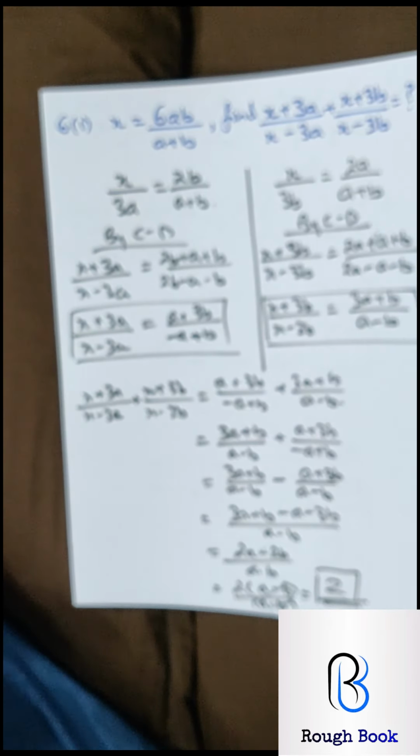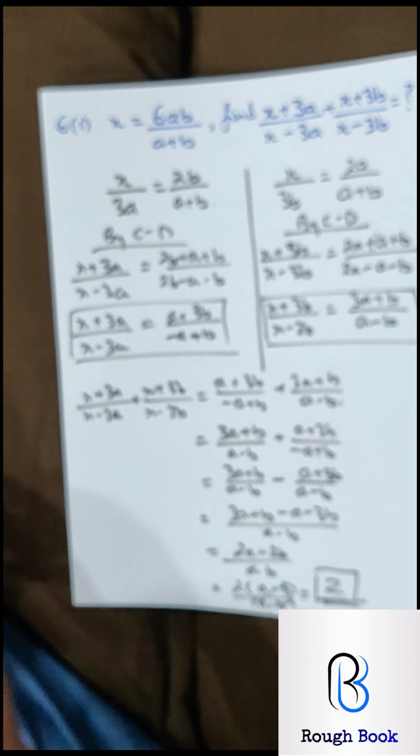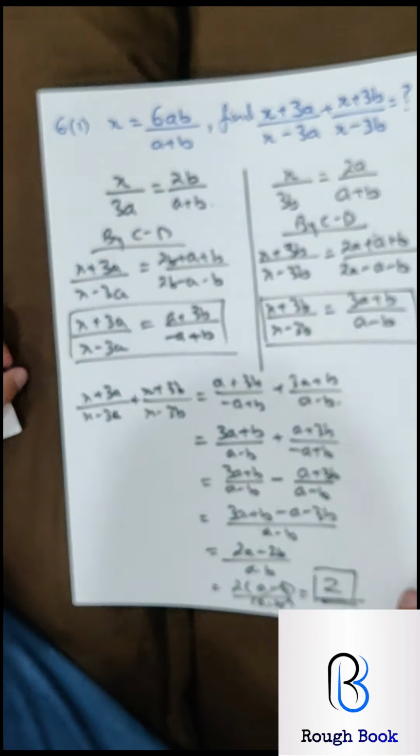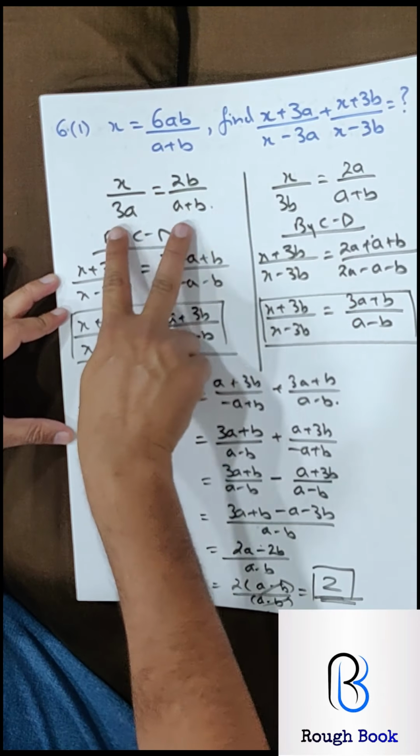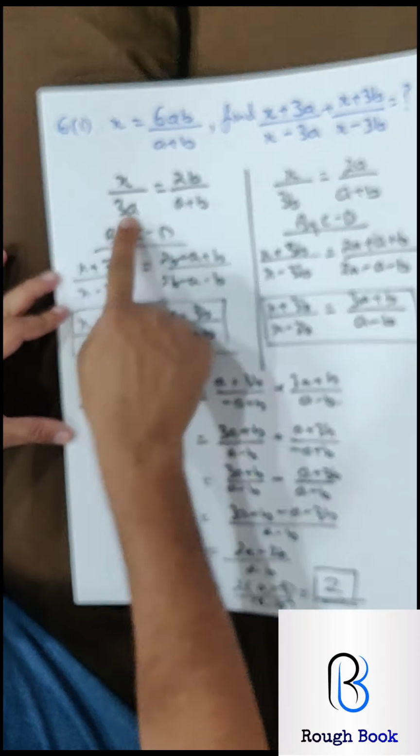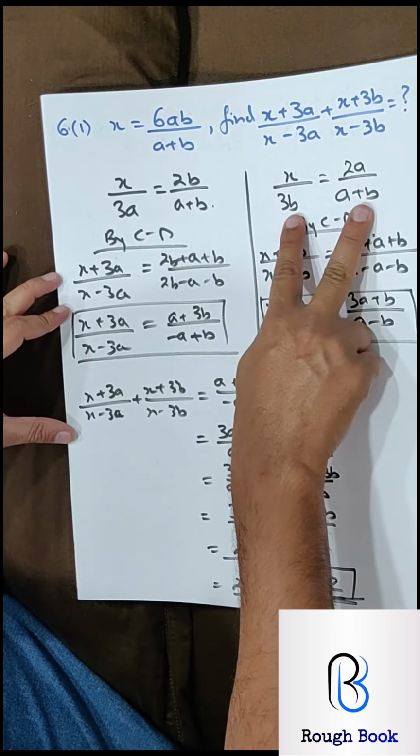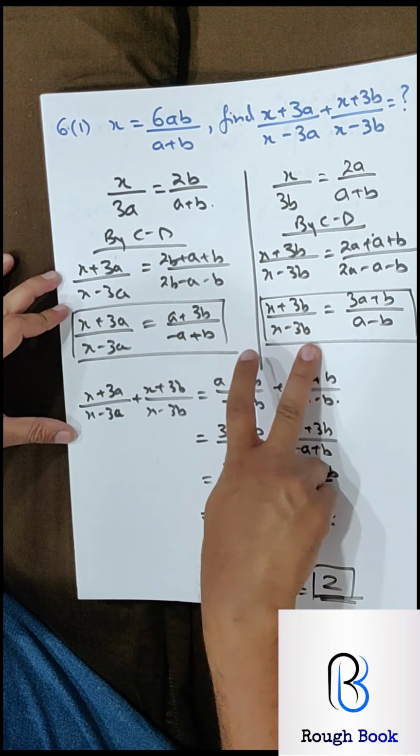Question 6 part 2 you must try, which is similar to this, very important. I just repeat once again. First get the first part. How? By borrowing from here. Then get the second part again from borrowing. Componendo dividendo, get the two parts.